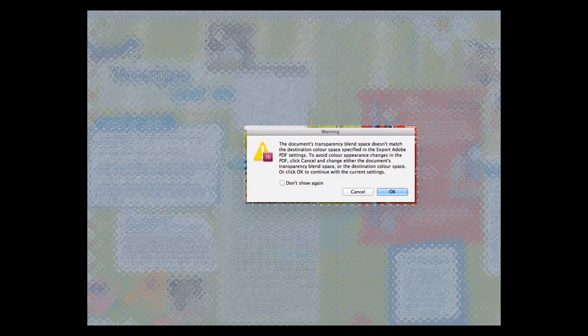It comes back, that's the problem. Next time you start, it comes back. So if you read it, it doesn't help much. Because if you read the whole thing, it starts talking about destination color space